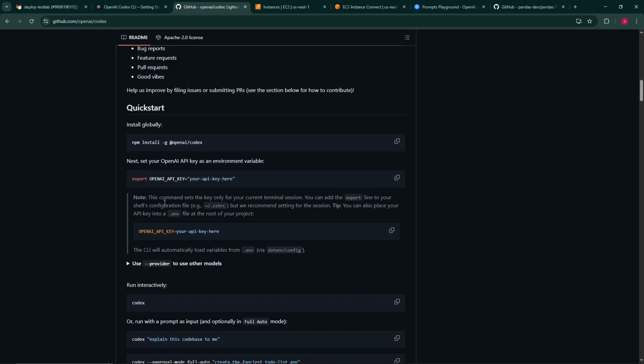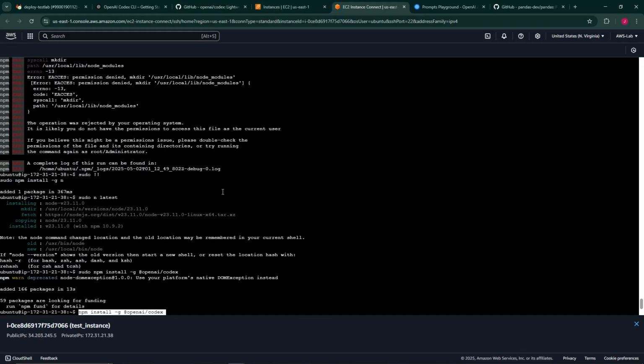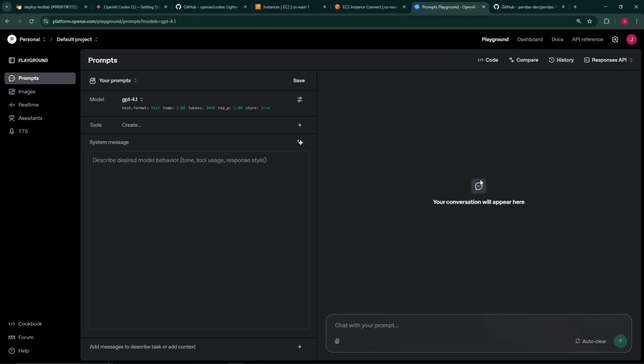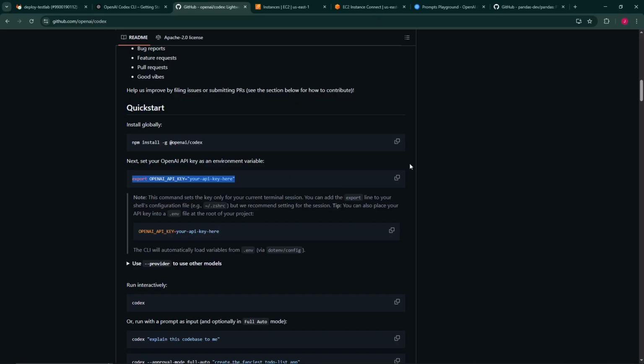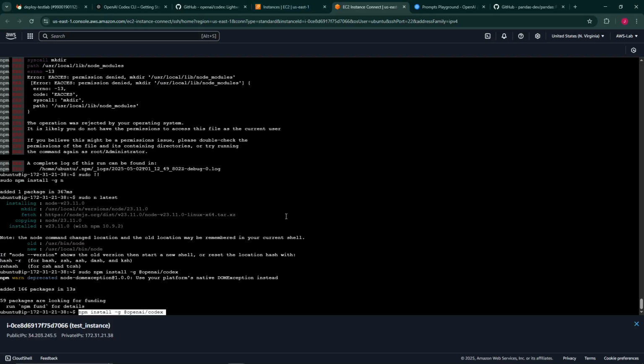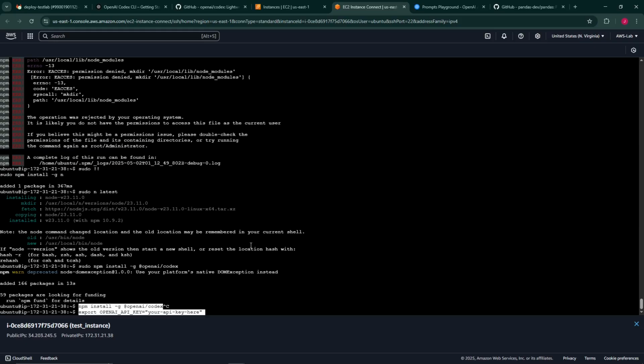And once that is complete, you're going to want to grab your API key and export it. So go over to the playground if you have not already done so, and then sign up for this and get your API key in the settings. It's pretty straightforward. Find documentation and knock that out. Once you do so, copy this command here, paste it in the terminal, and then you will be able to